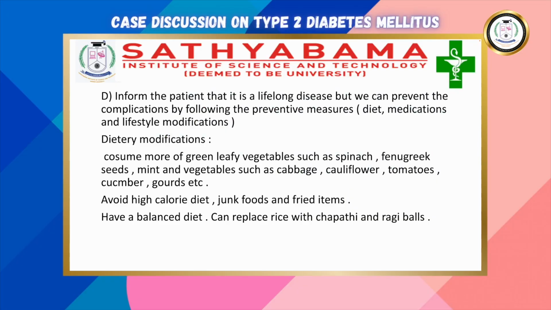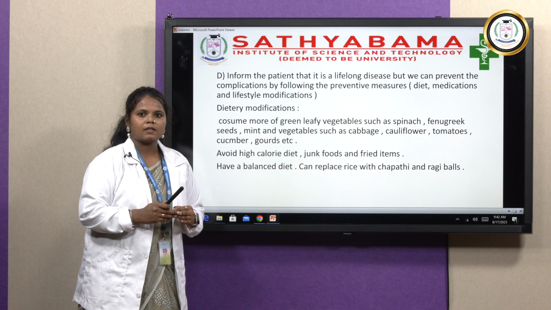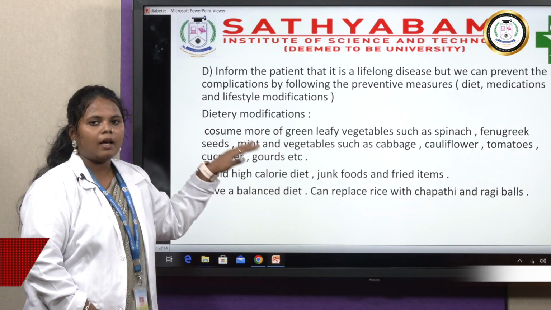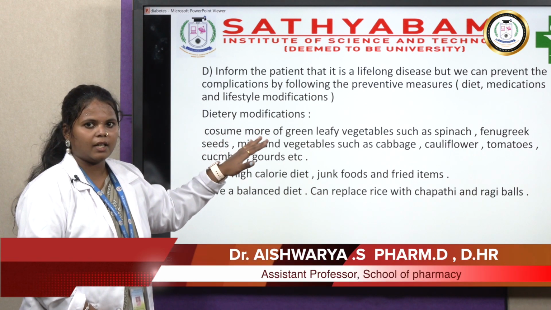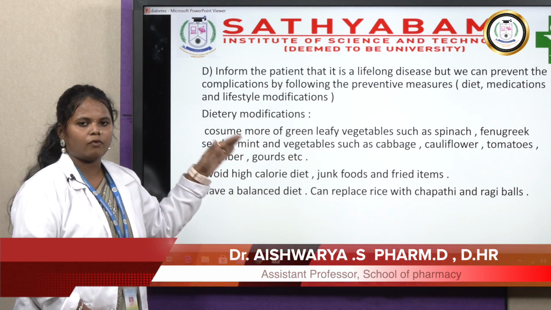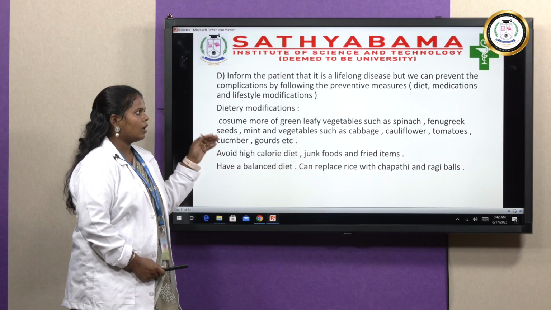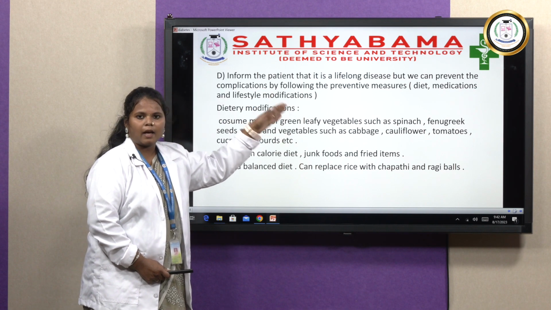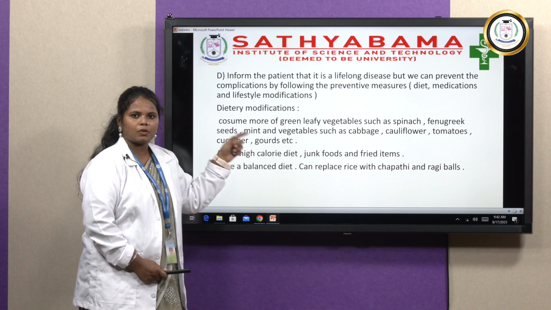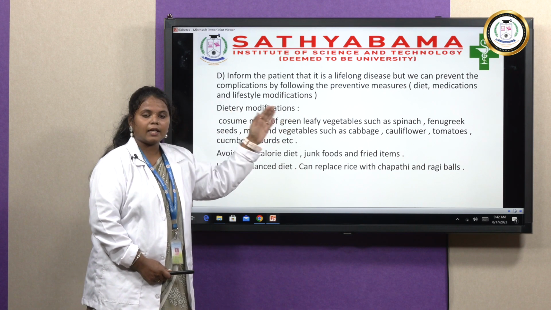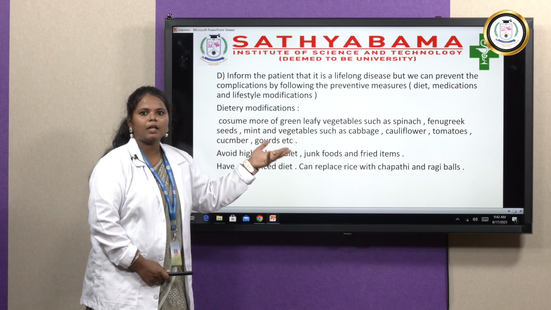And coming to the clinical pharmacist part, the PharmD people, those studying PharmD, B Pharmacy, Pharmacy Practice and Diploma in Pharmacy, those studying pharmacotherapeutics, play a major role as a hospital clinical pharmacist. After the doctor's diagnosis, the patient should know what kind of disease he is having. The clinical pharmacist should explain the complete disease: diabetes cannot be cured, but it can be prevented in many ways.